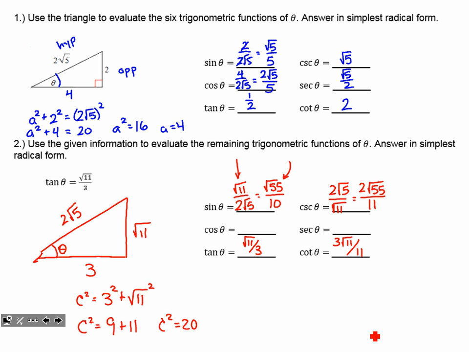All right, for cosine, I'm going to see a 3 over 2 root 5 when I do adjacent over hypotenuse. Again, the problem is the root 5, so I multiply that into the numerator and denominator. I can't forget about that 2 that's already down there. It's going to be 2 times regular 5. That will be a 10. For secant, again, I'm going to take that unrationalized version from before, because when I take its reciprocal, I get 2 root 5 over 3, and there's no additional work to be done.